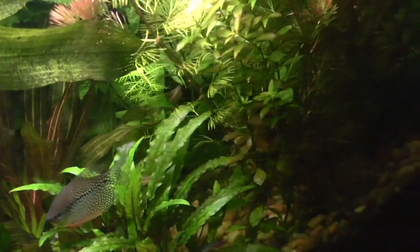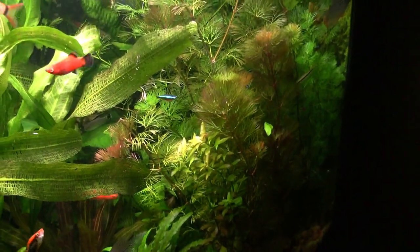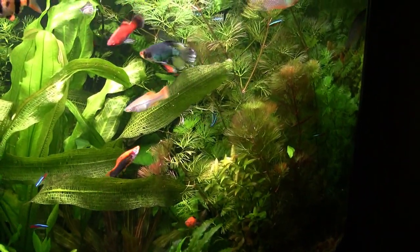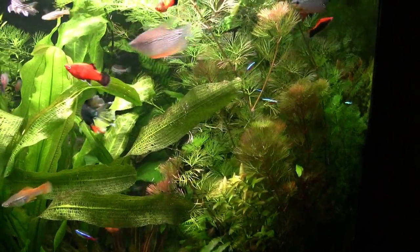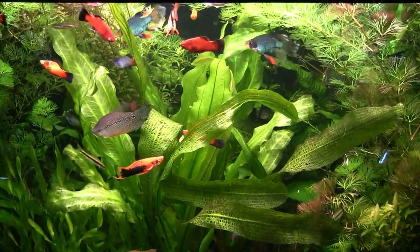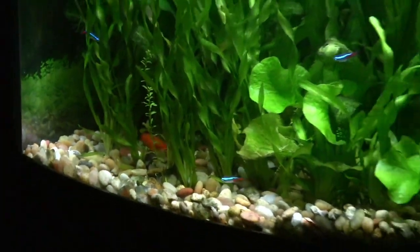And then of course we have the Kabamba forest, as I call it. I'm going to trim back some of the red Kabamba, and I'm going to take advantage of that space over on the left hand side to move it over. So we'll see how that makes out with a little bit more light. As I understand, the red Kabamba needs more light. And of course that Amazon sword in the background continues to do beautifully. So that's the corner tank,